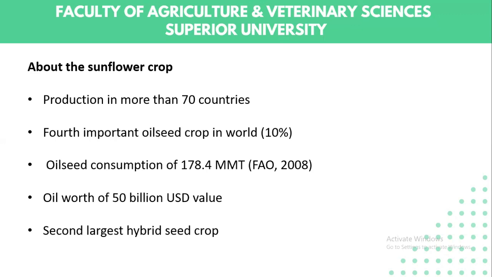So why do we have hybrids? We use hybrids for cultivation because they are more uniform and higher yielding. Although the price of the hybrid seed is very high, you know, maize is cultivated with hybrid seed, and a 10 kg bag is nearly 20,000 rupees in Pakistan. And sunflower has also been cultivated with hybrid seed, and we import the seed from the USA and some other